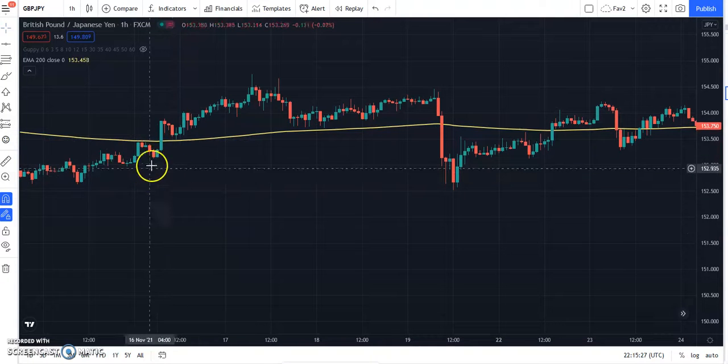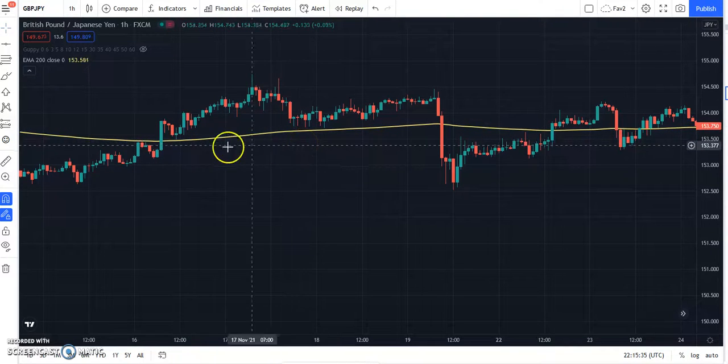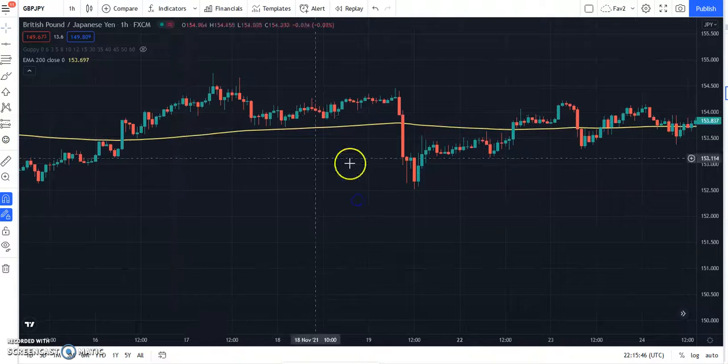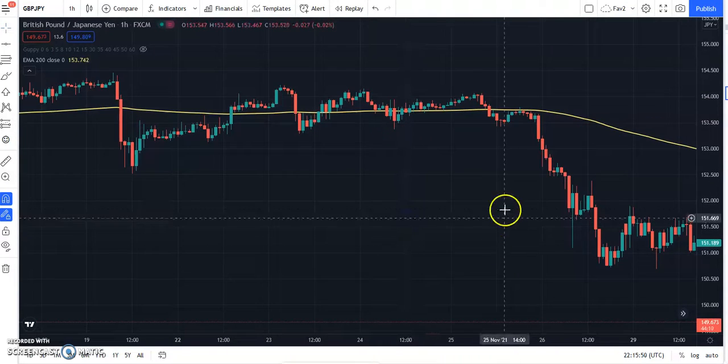So here, for example, this candle here went up, so you're waiting for it to retrace a little bit and touch the moving average, and as soon as it touches you can enter in the direction of the long, and you put the stop loss like 5 pips below the EMA, and then of course you can do take profits. So the trade that I recently took was the